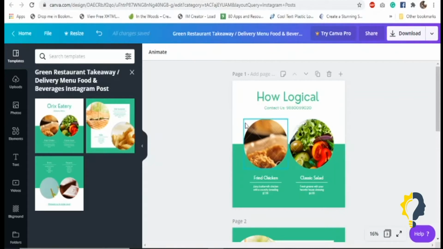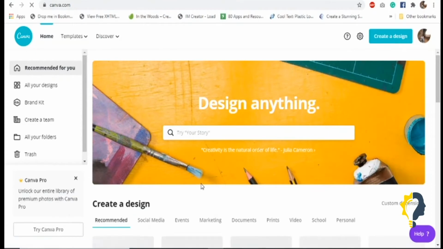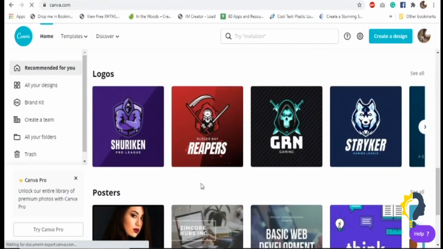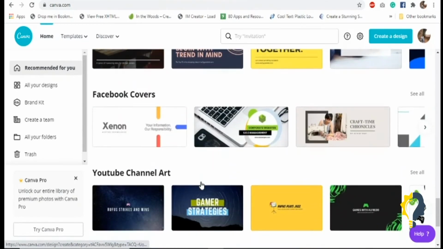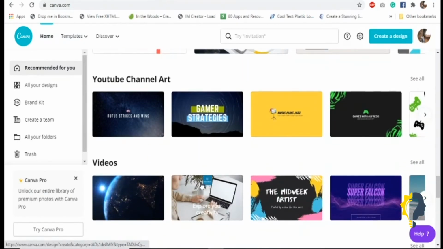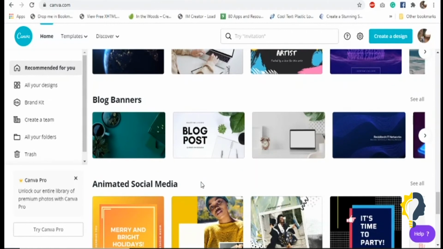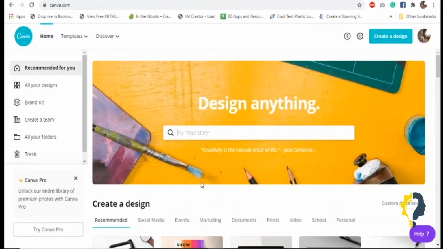You have lots of options for the templates, where you can choose different templates, posters, banners, many things. It's a huge library where you can take according to your requirement. For example, Facebook posts, Facebook covers, YouTube channel art, many things, from blog banners, that also you can click and edit. You can work from Canva without spending any amount, easily. If you don't know anything, you can drag and drop and make it.